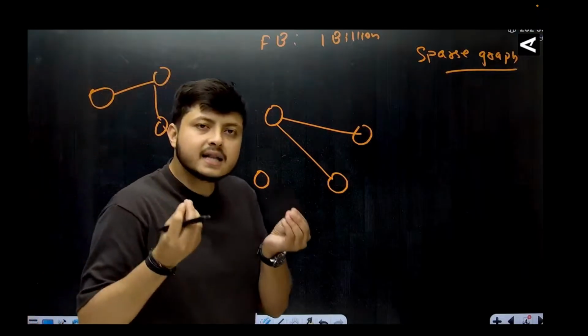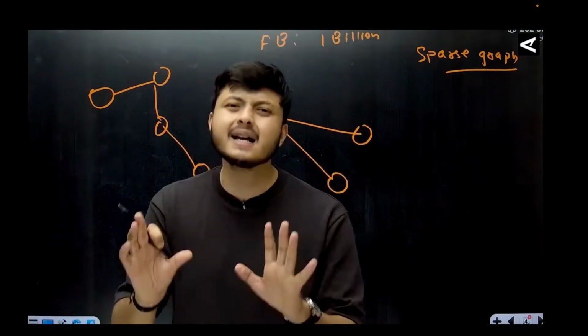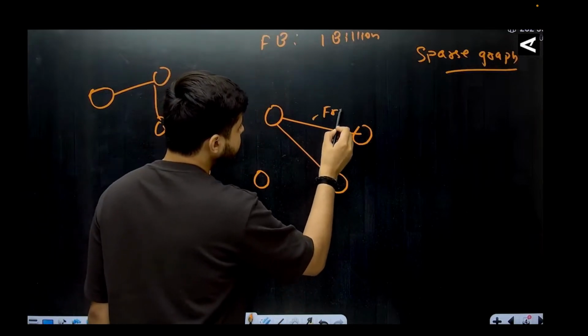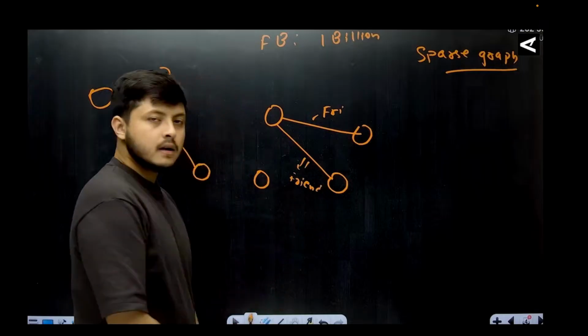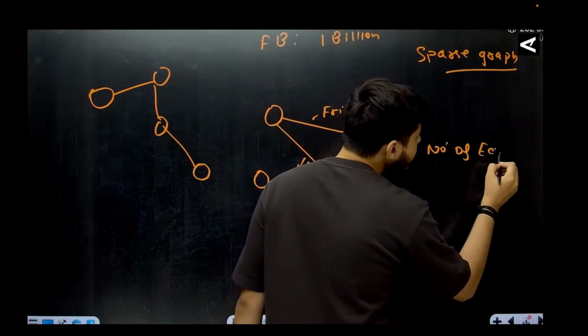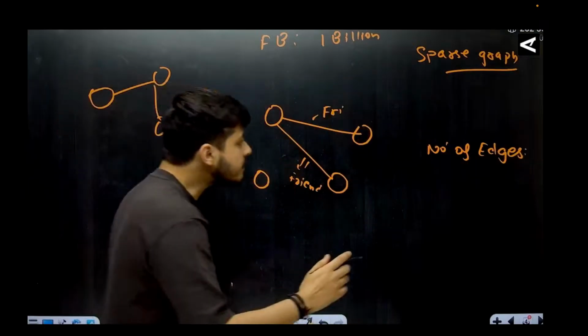देखो, अगर मैं हूं तो मेरे ज्यादा से ज्यादा कितने फ्रेंड होंगे? 100, 200, 500, 1000, 2000, 5000 तक ही होंगे। ऐसा नहीं होगा कि मेरे 1 बिलियन फ्रेंड हैं, हर कोई मेरा फ्रेंड है, ऐसा तो नहीं फेसबुक में। तो अगर मैं सबका फ्रेंड नहीं हूं, मैं 4-5 हजार लोगों का ही फ्रेंड हूं, तो नंबर ऑफ एजेस काफी कम होंगी।